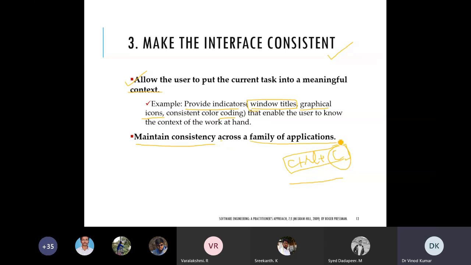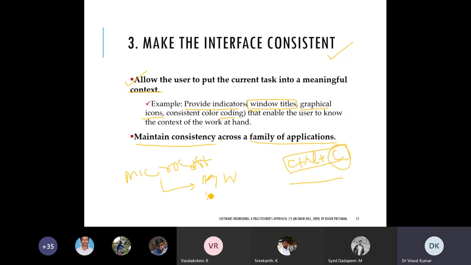A family of applications means those applications will be similar to each other. They will be part of some software. If I say Microsoft Office, this package has MS Word, PowerPoint, Excel, different things there. For example, MS Word is there.